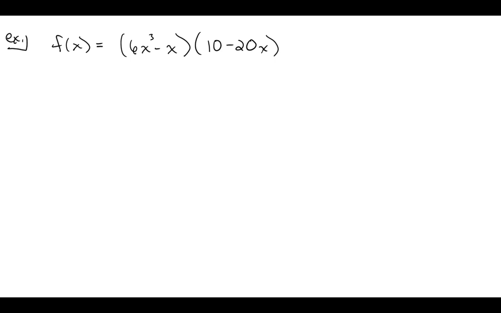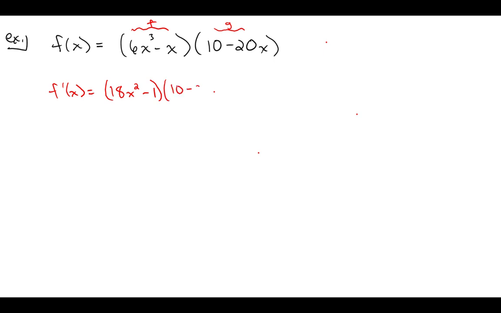So this, again, is a function that we could actually FOIL this out if we wanted to and then find the derivative. But again, this is a practice on the product rule. So do not FOIL this. Again, we refer to this one as f, and the second one we could refer to as g. So the derivative of this, we'll write f prime of x, would be the derivative of the first function, f prime. So that's going to be 18x squared minus 1. And since we have two terms, we do want to write this in parentheses,